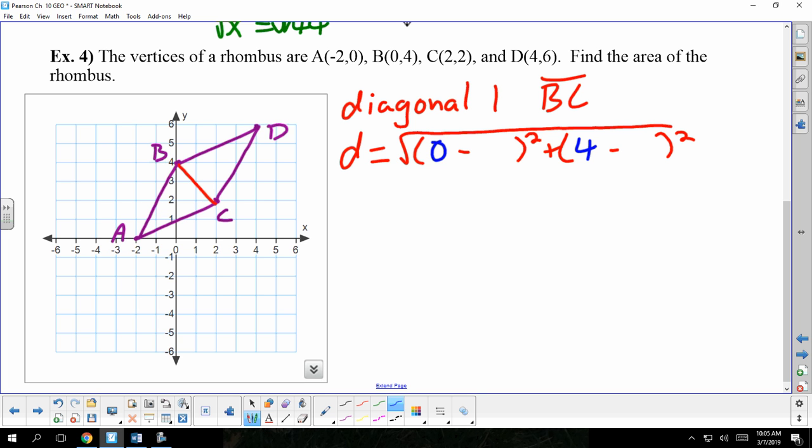And then C, 2 and 2. Where x's go together and y's go together for those 2 points. So I end up with the square root of -2 squared plus